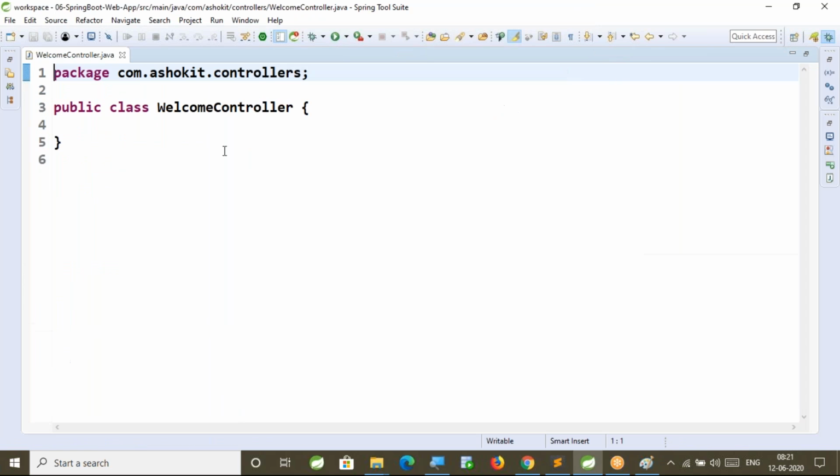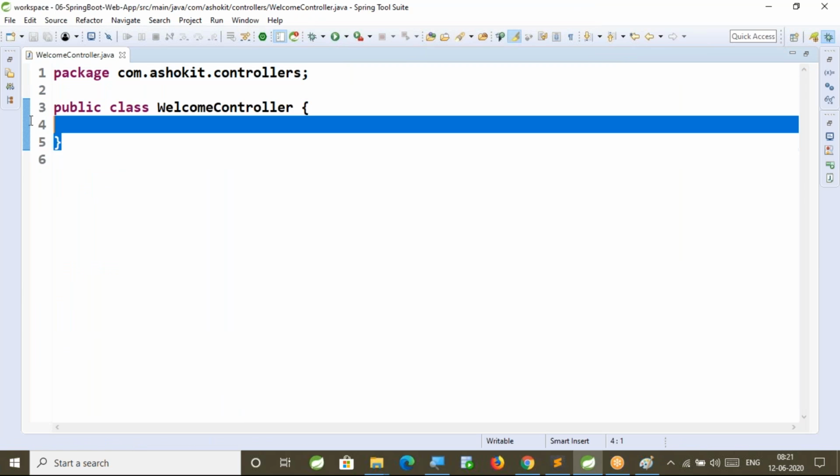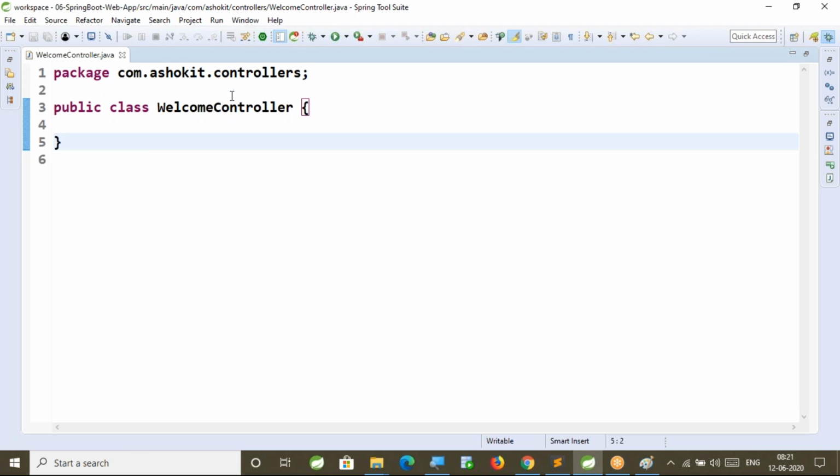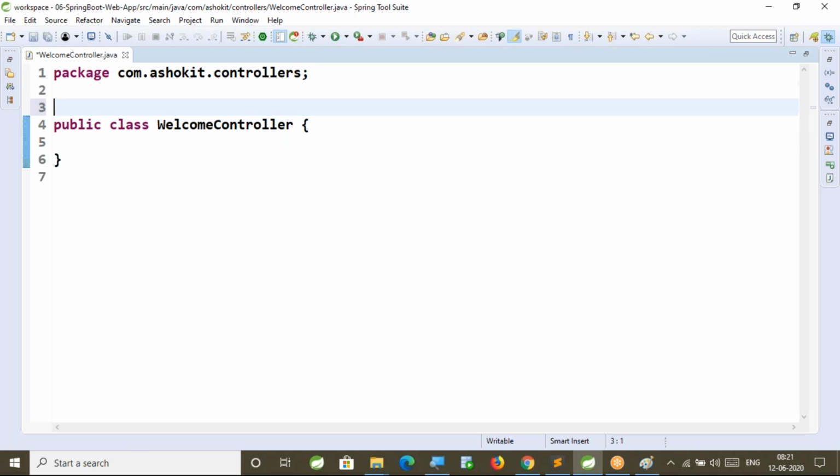Right. Now one Java class is created. It is a normal Java class now. To represent this Java class as a Spring controller, I need to use one stereotype annotation which is called @Controller. This is predefined annotation available in Spring MVC to represent our Java class as a Spring controller.